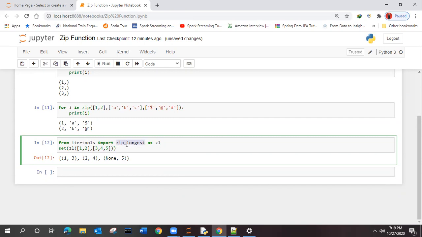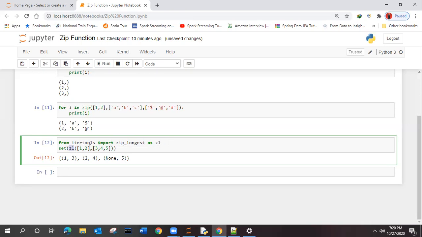Python by default supports the zip function only. Zip longest is not available. This zip_longest is available in some module that is known as itertools. That is why, before using this, we are importing it first. If you wish, you can directly take this name itself over here, or you can take some shortcut.